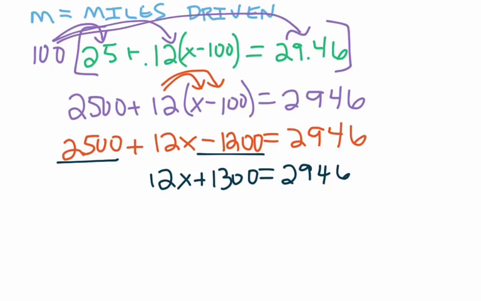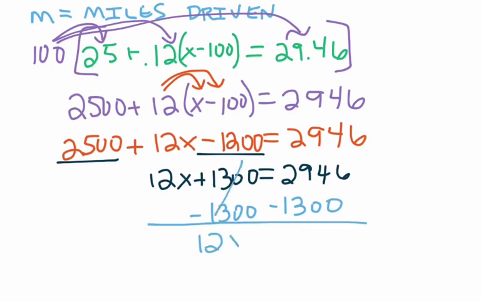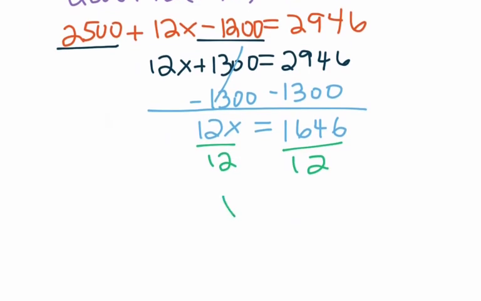Now I'm going to subtract 1,300 from both sides. And my next step is 12x is equal to 1,646. Next, divide both sides by 12. And we get x is equal to, feel free to use a calculator here, I did. And we get 137. I think we could leave it at that because I think the problem said to round it to the nearest whole mile. So x is equal to